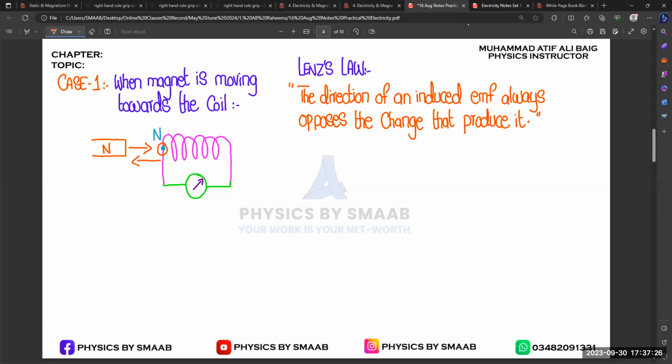So now you can see both are acting in opposite directions, right? And this direction can be identified with the help of Lenz's law, right? EMF is induced in the forward direction, but the magnetic pole that is produced near the coil is completely opposite to the pole which is coming towards the coil or towards the conductor. And if you consider the second case,